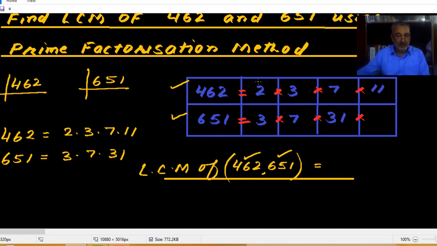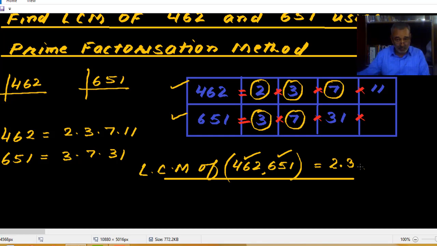I will take every factor. So, should I include 2 here? Yes. Should I include 3? If you are including 3, then no need to include this number. It has already been included. Yes, 3. Should I include 7? Yes. कॉमन के लिए एक लेते जाएं और एक 7 और होता तो वो भी आप एक कॉमन फैक्टर के लिए एक को रिजेक्ट कर सकते हैं। यहां एक 7 और भी होता तो वो आपको एलसीएम में शामिल करना पड़ता।